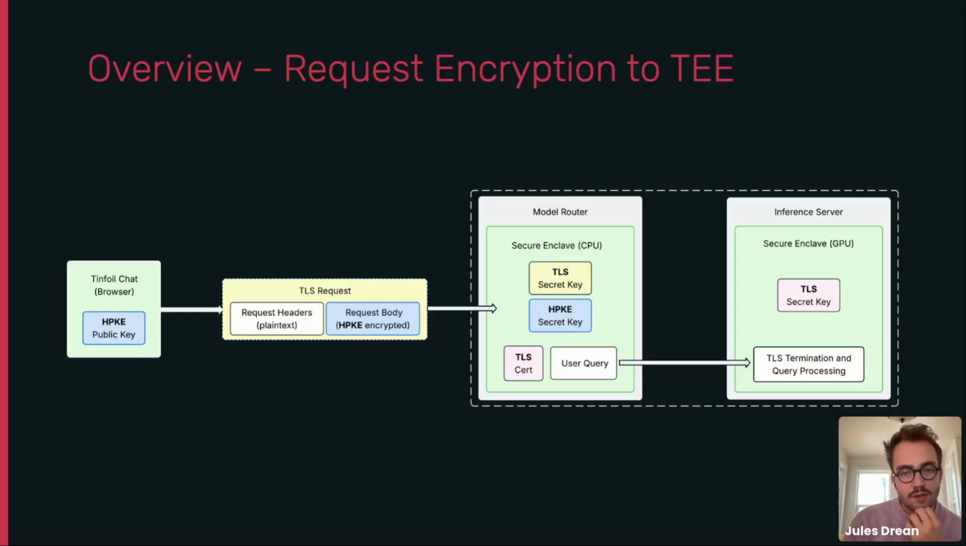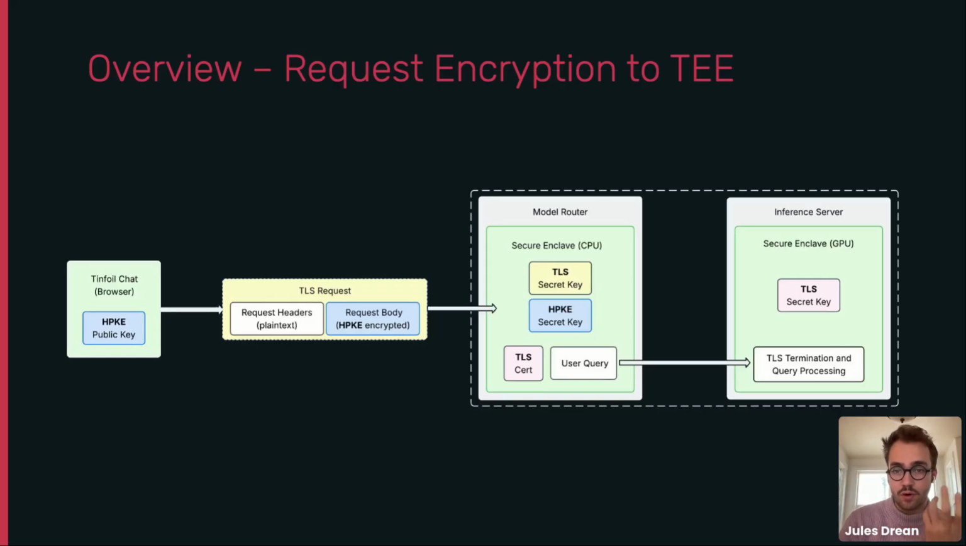So this is a bit more of a zoom in of the architecture of exactly how the request travels when you use the chat. So you're going to have a TLS connection to a first enclave that is what we call our model router, and then this model router is going to talk to the inference server specifically. So between the inference server and the model router, we can use attested TLS normally, but between the chat and the model, because we cannot get access to that certificate to verify that it's embedded in the attestation,